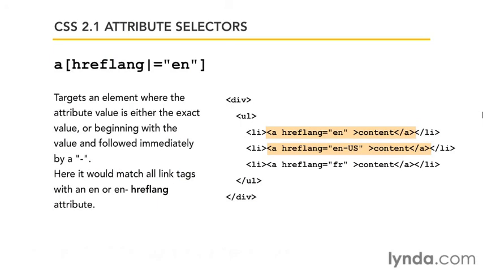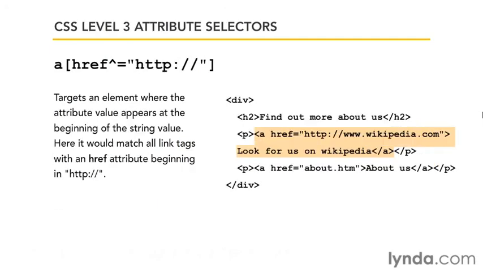So those are the attribute selectors that we could use in CSS 2.1. CSS 3 extends attribute selectors by giving us more ways to match substrings within the attribute values. First, by adding the correct character before the equals sign,